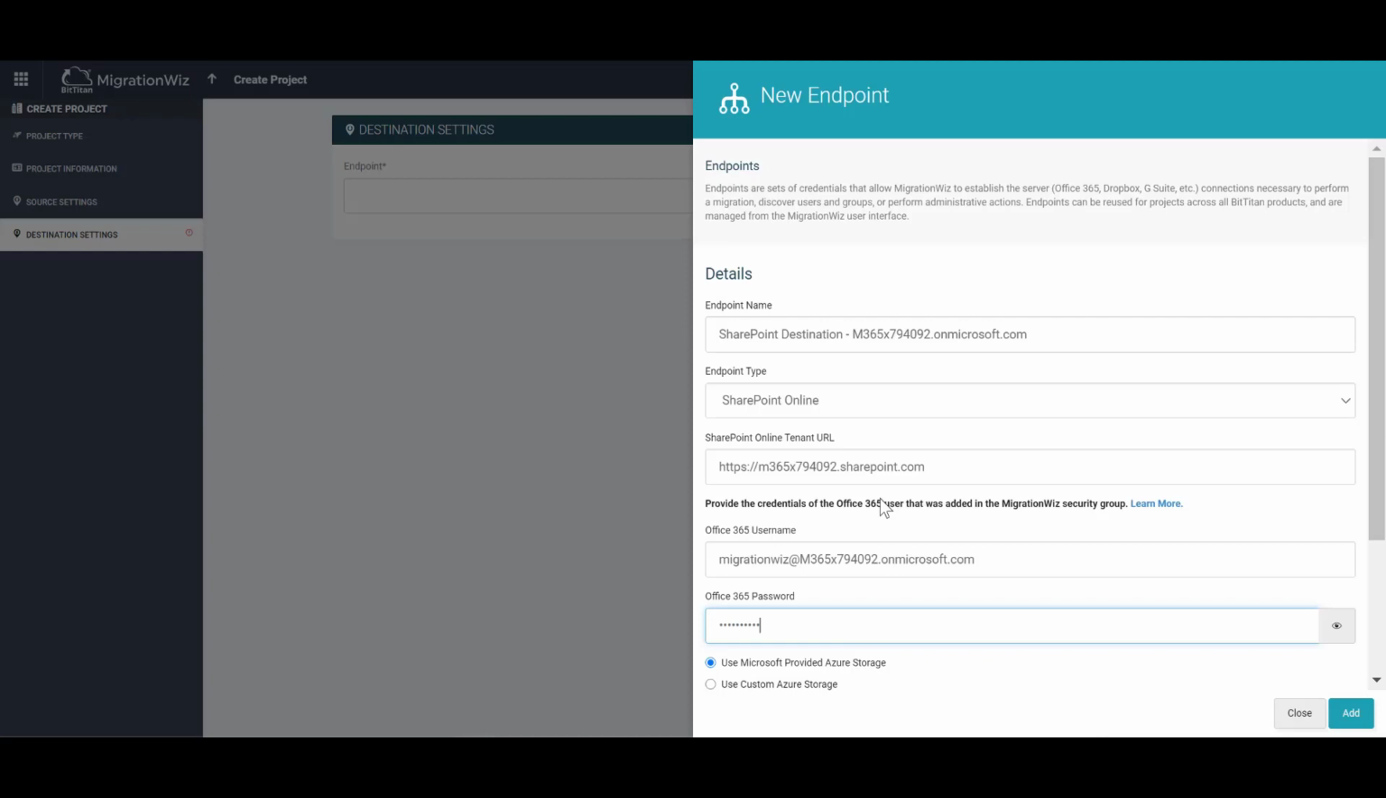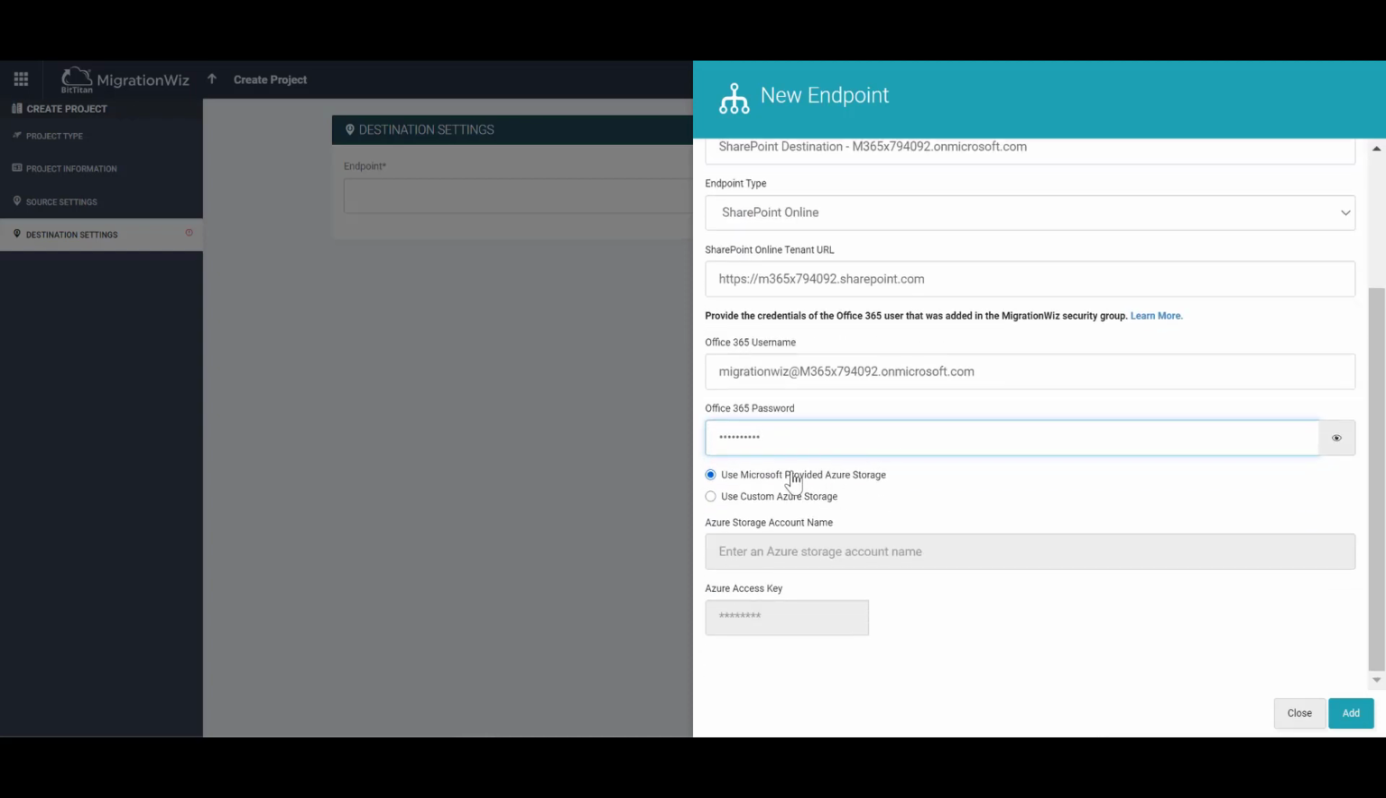The SharePoint Migration API uses Azure Storage as a staging area for data. You can choose to either use Microsoft provided storage, which does not have a data limit with our SharePoint Online endpoint, or if you prefer to use your own storage account, you can add in the storage account name and